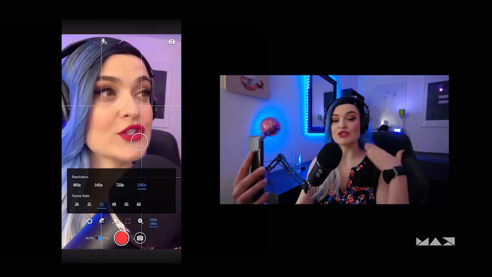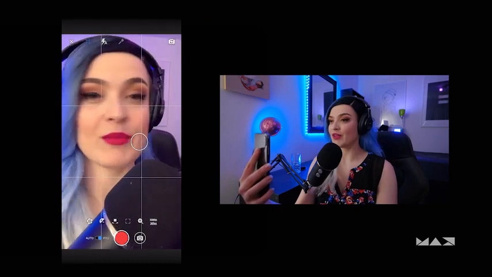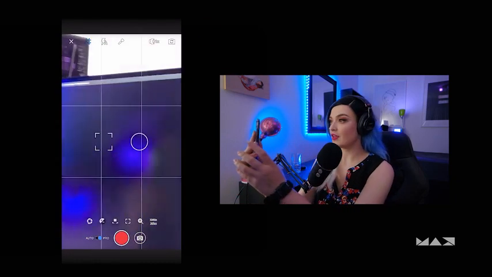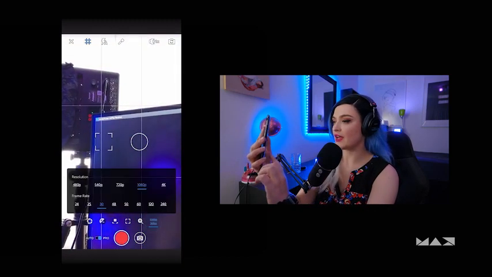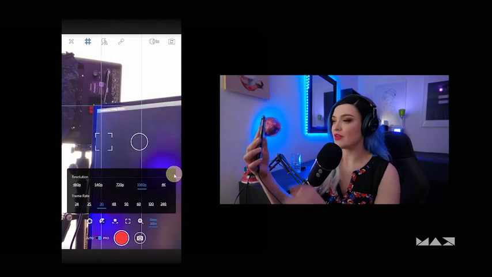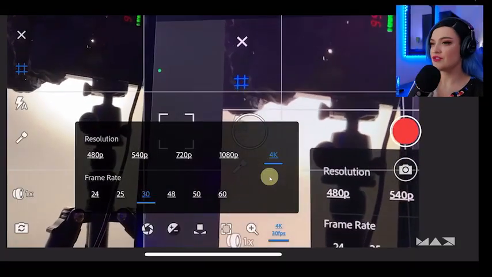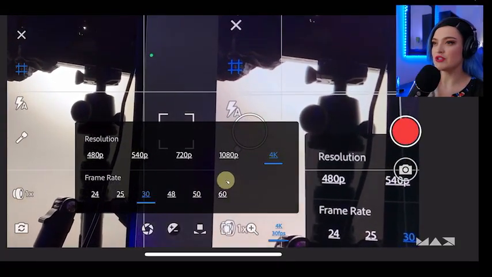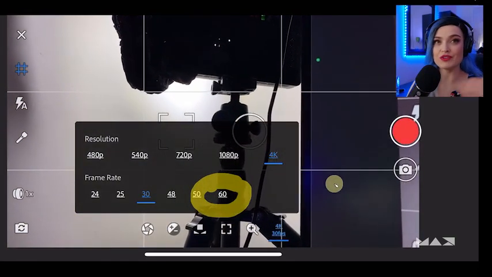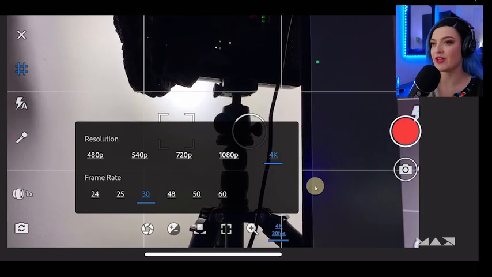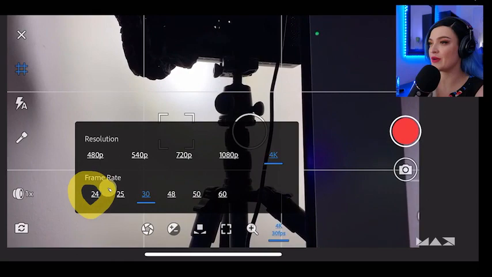However, when I flip to the reverse, which is up here, you can flip it, and all of a sudden you see that you have the 4K option happening over here at the bottom. So you can select 4K. Let me flip it this way. And you can also select your frame rate. So you can shoot up to 60 frames per second, which will give you that nice slow motion, high quality recording. In this case, I would be recording at 24 frames per second because that would give me a more